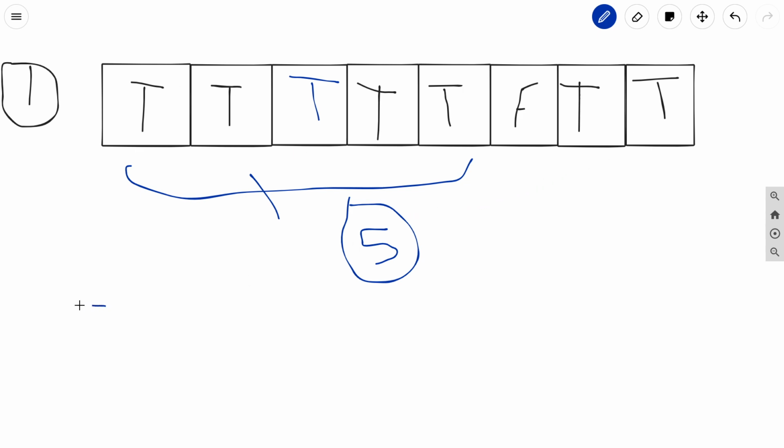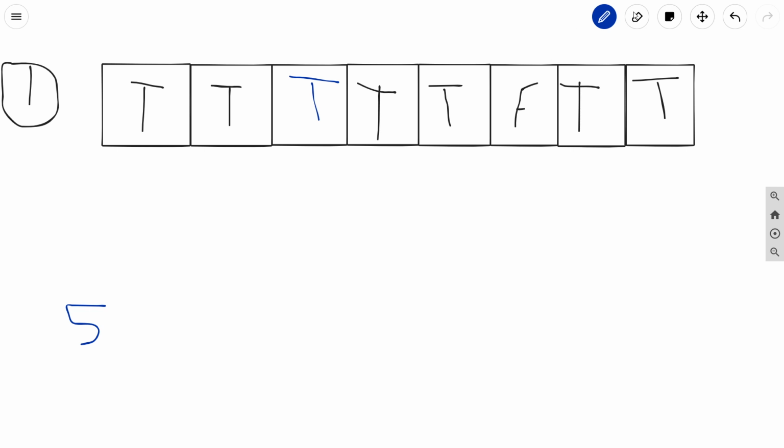Or else, I am just writing f here again. Or else we can remove this f and instead of it write t here, and again you can see that the number of consecutive t is nothing but 5.